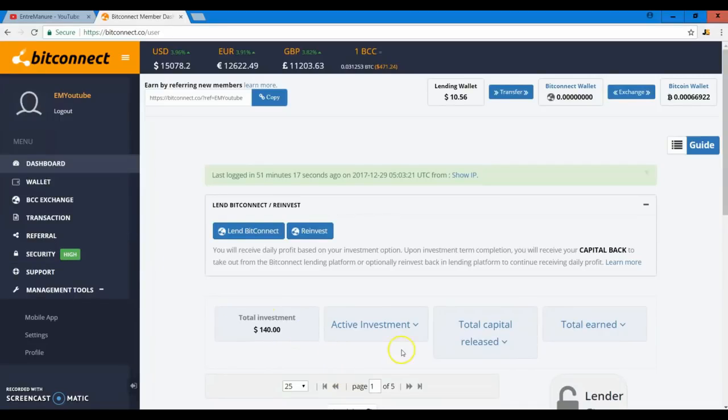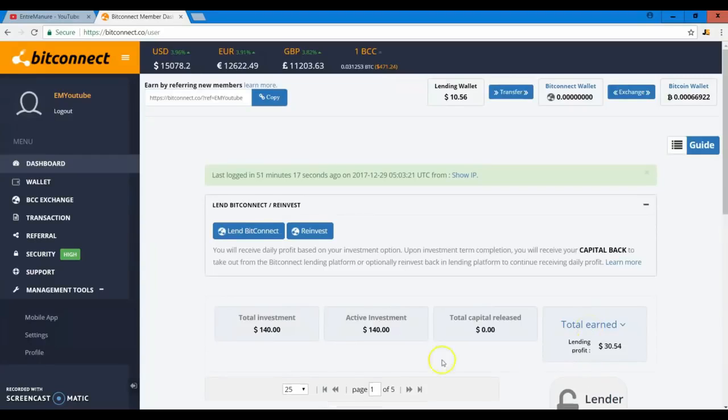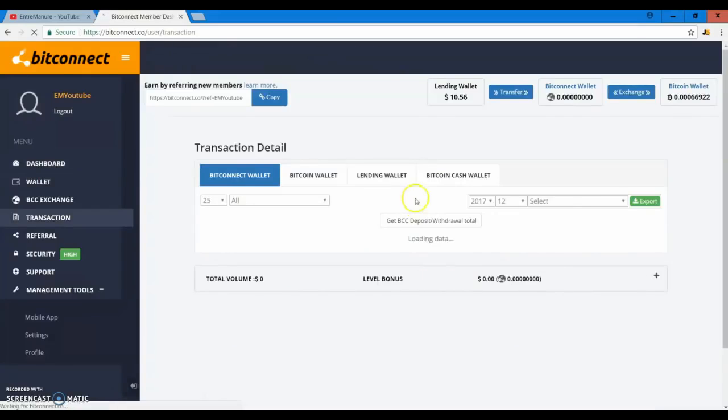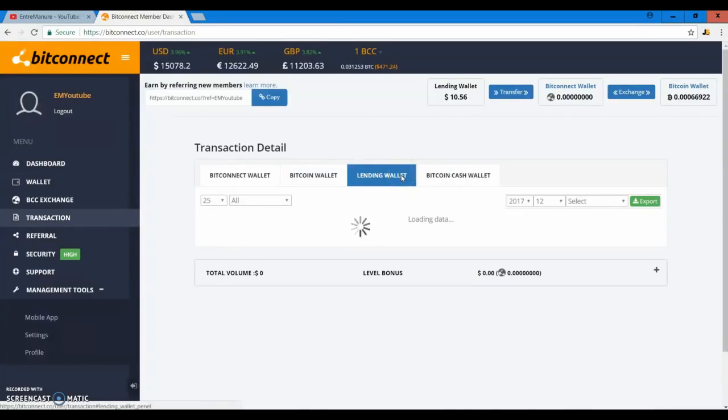Right now I have $140 invested. I started with around 120, I believe. And then total earned so far, I've been on the platform for around 26 days. So I've earned $30.54 in that little amount of time. And I'll show you my transactions. So if I go over here to lending wallet,